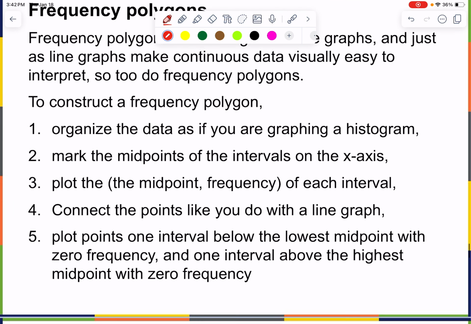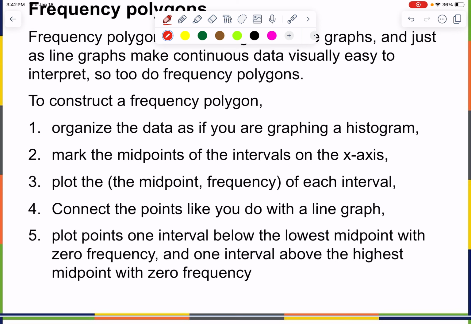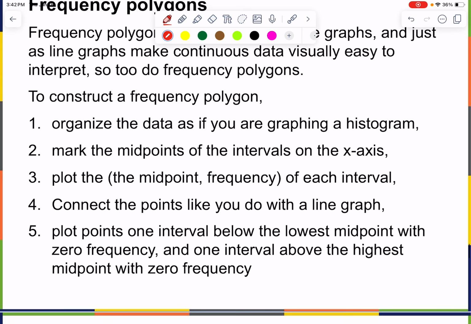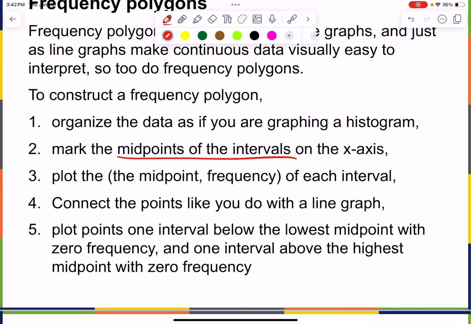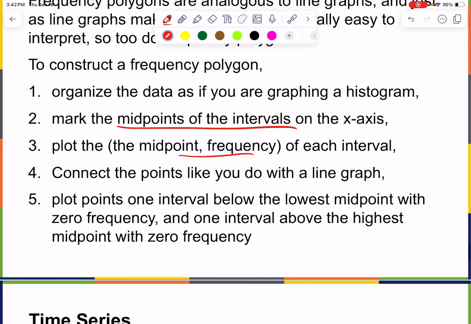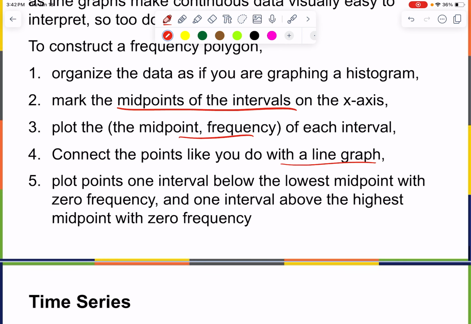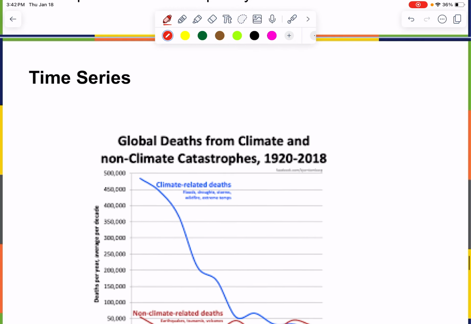To construct a frequency polygon, organize the data as if you're graphing a histogram. It's exactly the same way. Just graph a histogram. Mark the midpoints. You have to find the midpoints of the intervals on the x-axis. Then plot the midpoints and the frequency for each interval. You connect it like a line graph, and then you go one step to the left and one step to the far right, and you intersect the axis. So plot points on the interval below the lowest midpoint with 0 frequency and one above the highest with 0 frequency. That way you make this